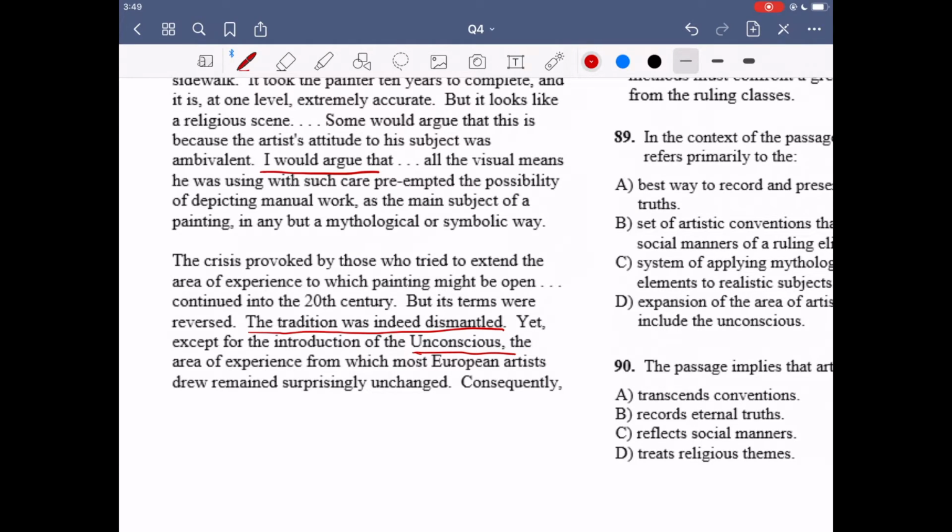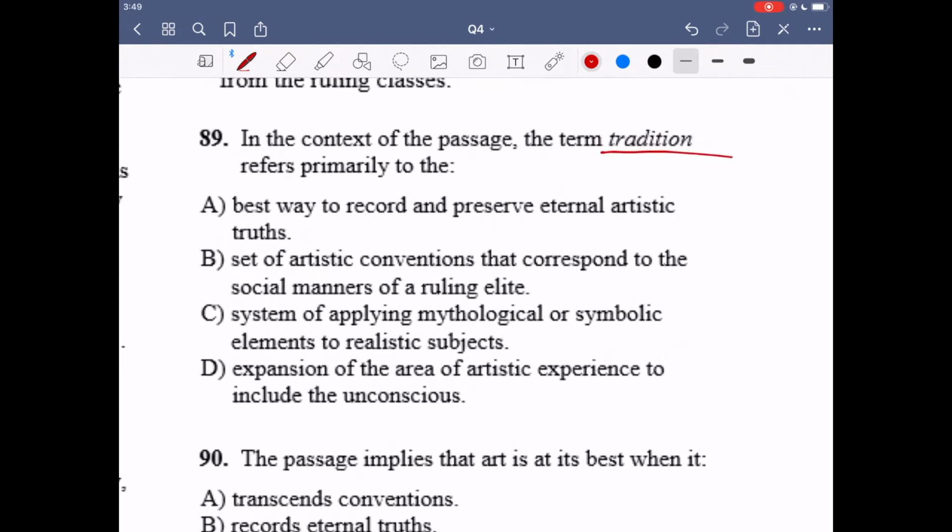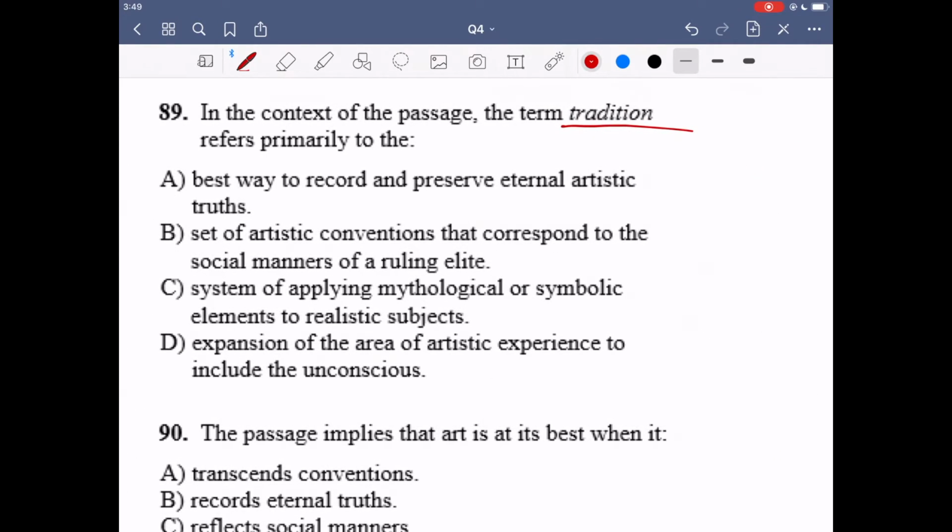They're saying by the 20th century, this was dismantled, and by this time, art was also for people of lower classes. But then in this passage, the author goes on to say that even though that tradition was dismantled, the way that people were learning was still similar, and so it hadn't fully gone away, like the way that they painted. So that's what tradition is referring to. It's referring to the fact that before, art was really only for the upper social classes.